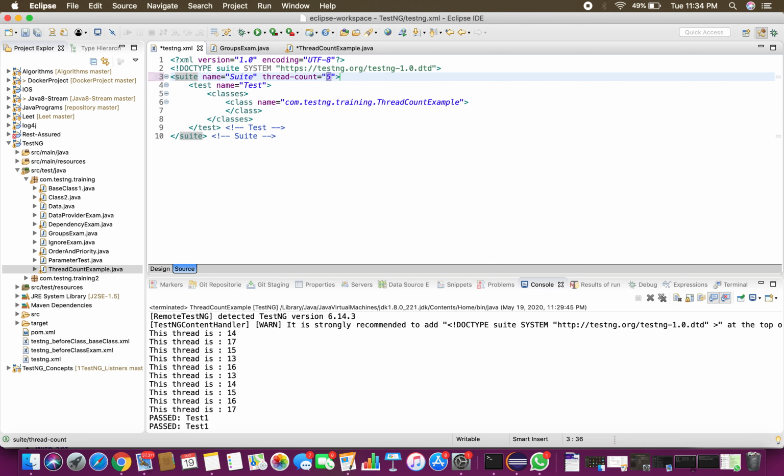By default it would be 5. You can add more or reduce that. Let me put it 3. And as I mentioned, the thread count supports parallelism. We are going to use parallel methods, since you know methods represent the test methods which are annotated with the @Test tag.